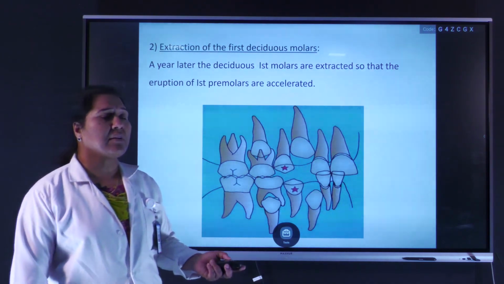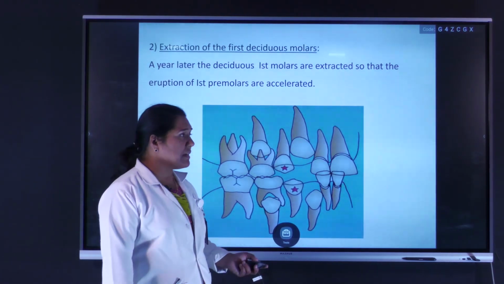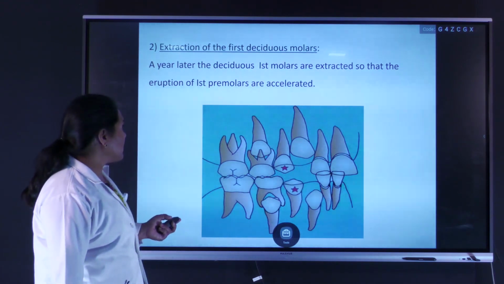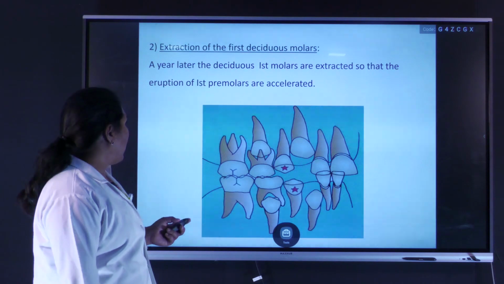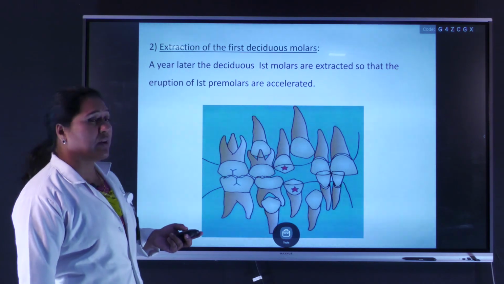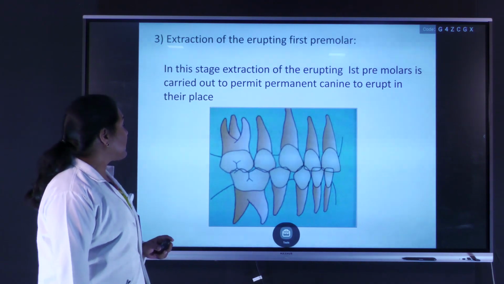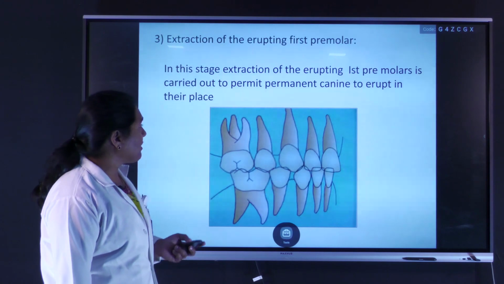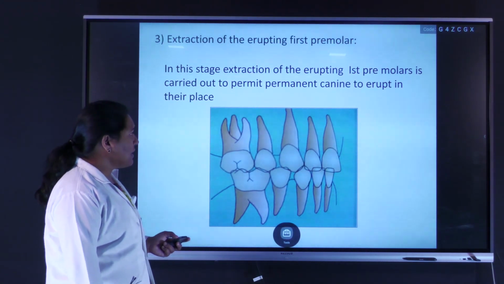So, first, deciduous canine removal is done mainly for the alignment of the anteriors or incisors, and after 1 year the second procedure is done, that is removal of the first deciduous molar, which will enable the eruption of the first premolars. In the third stage, the extraction of the erupting first premolar. In this stage, extraction of the erupting first premolars is carried out to permit the permanent canine to erupt